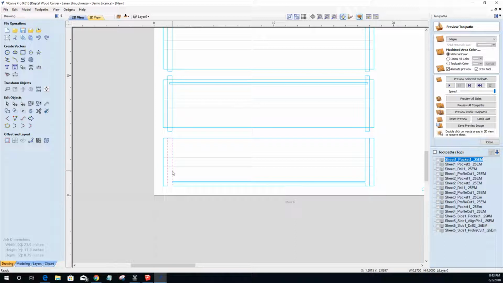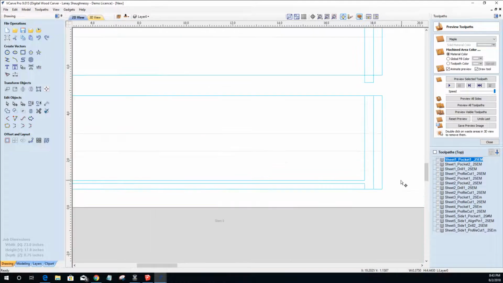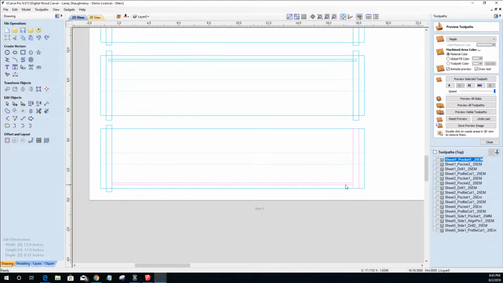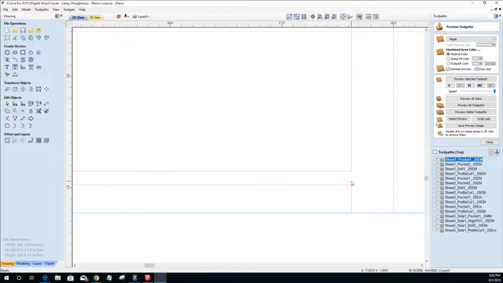Now notice something here. Vectric threw us a little bit of a loop. Let's extend this one out because that one's ready to go. But notice over here, Vectric kind of threw us a curveball, and it didn't separate these two vectors here. It kind of made them one. Okay, not a problem. We just have to go into node editing, and we've got to right click and cut the vector here, cut it here,